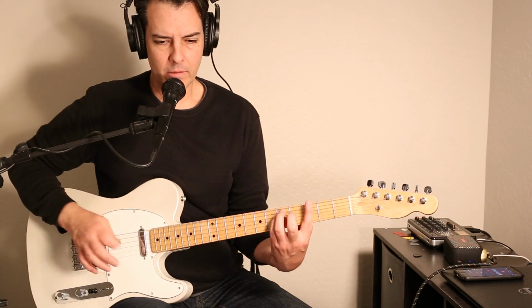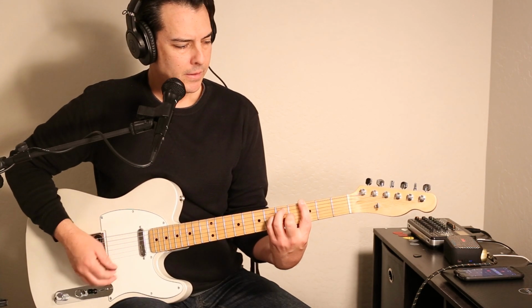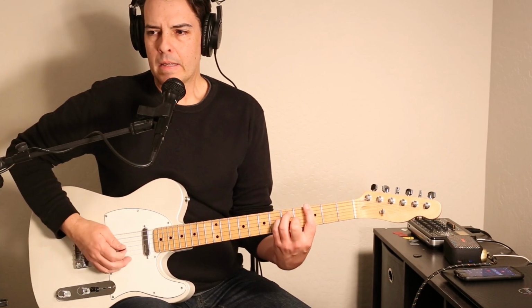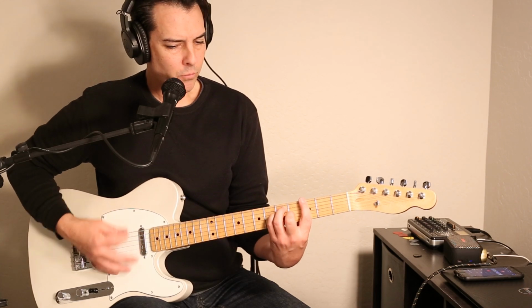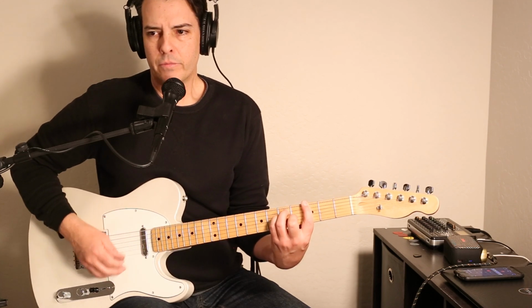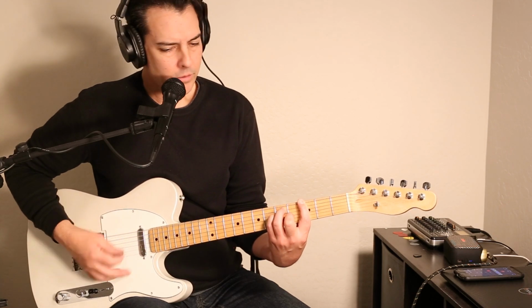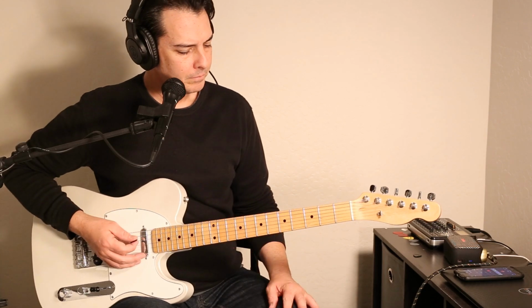Say we're thinking quarter note. 1, 2, 3, 4 on that down strum. Our eighth note would be if we were to strum up. So say we have 1, 2, 3, and 4, and 1, 2, 3, and 4, and